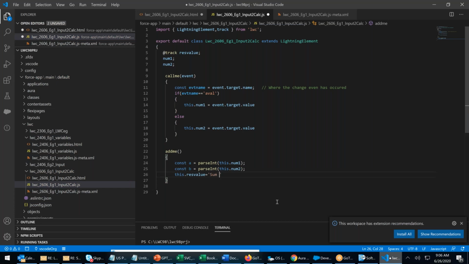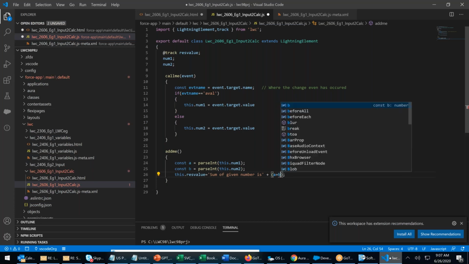Sum of the given number is plus, in a bracket, I will say a plus b.